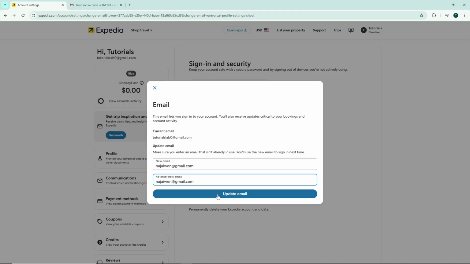Expedia will process this update, and your new email address will now be associated with your account for all future communications and booking confirmations. And that's it. You've successfully changed your email on